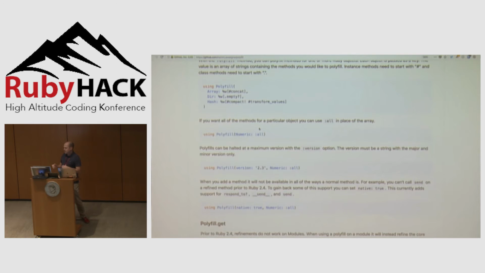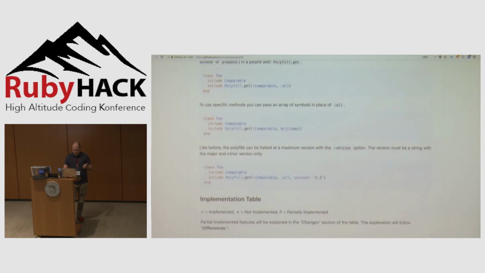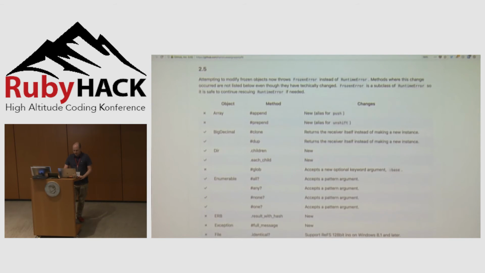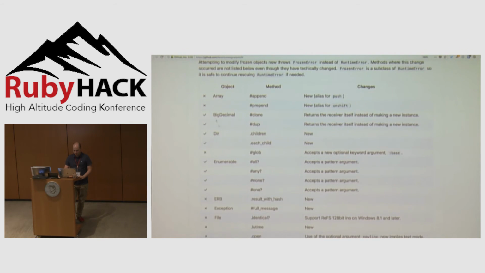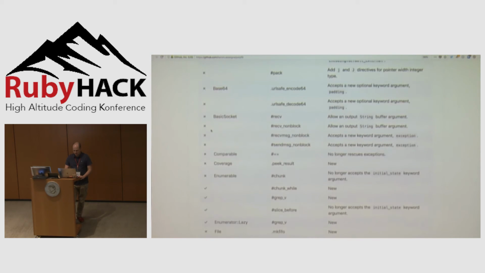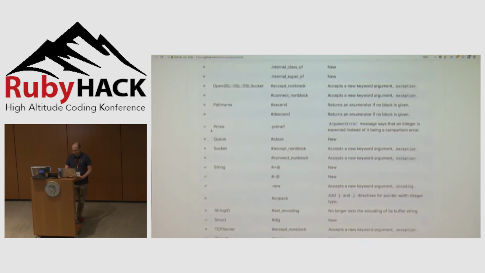And the nice thing about refinements is you can use these without monkey patching everything and messing with other people's code. Like if you have a gem and you pull in Active Support, you destroy everything. So I built this out. It's also got the ability to include these if you are inside of a module, because that didn't gain support until after Ruby 2.4. And I've got a whole implementation table of things, and you can see a lot of X's over here, which kind of gets to what I wanted to talk about,